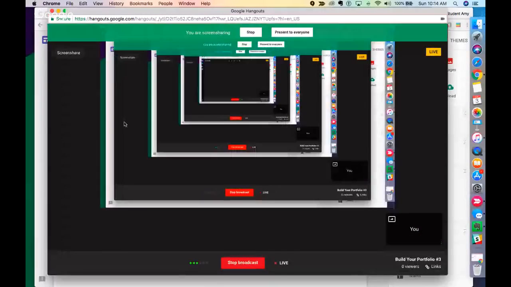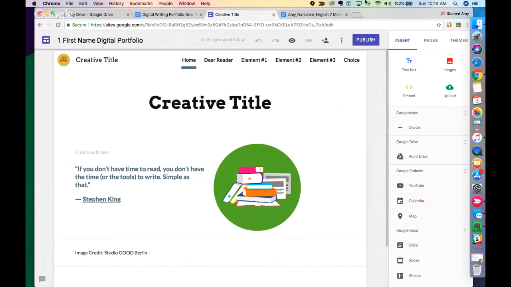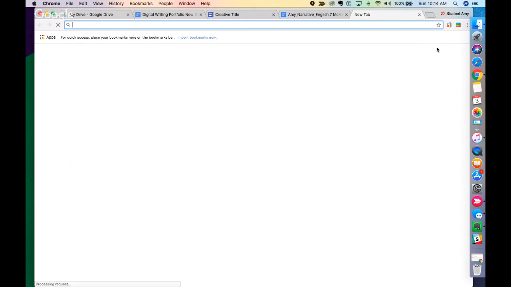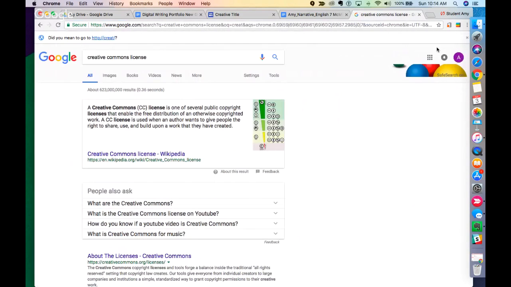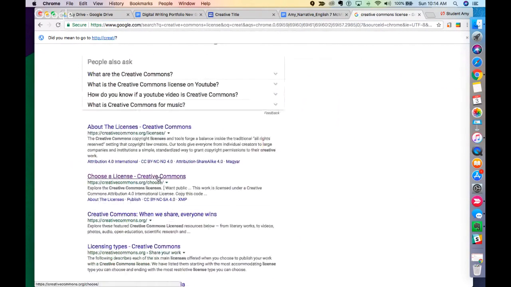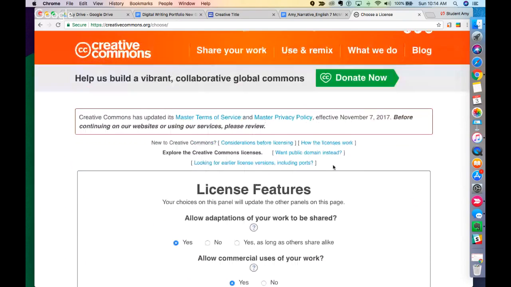and get to my site. So here we are on my site. One of the optional elements is a Creative Commons license. So make a new tab and search for Creative Commons license in Google. Choose a license would be the best link, but any creativecommons.org link will do. And then you just find the part of the Creative Commons site which is where you choose a license, or you can put creativecommons.org/choose. Okay, so here we are on the license page, and it's going to ask you a series of questions